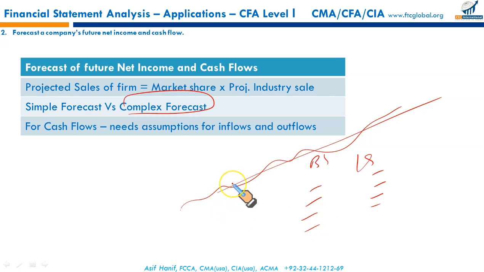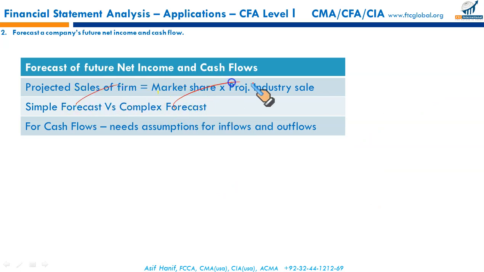And these are the assumptions that could swing your pro forma financial statement from one direction into a completely different direction. And a lot of manipulation is done. We were there, we did these, and of course you will be doing in your job, so whatever the management asks you, you have to do it. So depending upon the needs, the forecast could be a simple one if the time constraint is there and the cost is less, but if you have enough resources and more skilled people, more data at your disposal, you can construct a complex forecast, incorporating assumption for each element in the income statement and balance sheet.